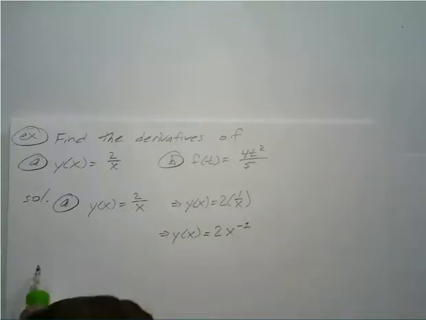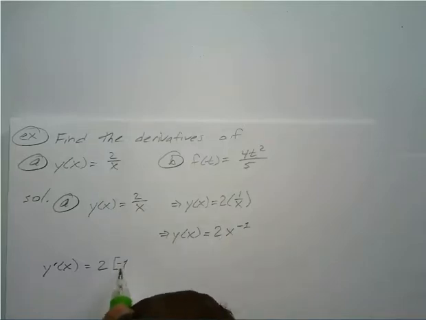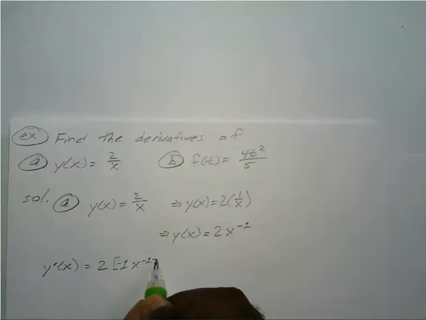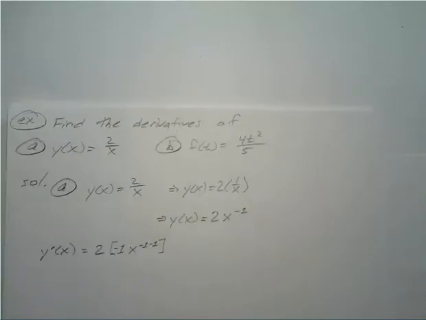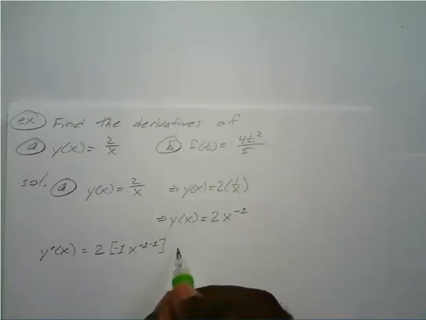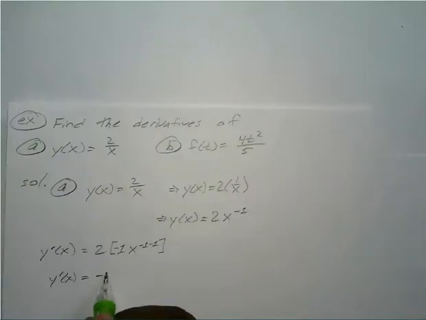Okay, so if we wanted to find the derivative, y prime of x is equal to 2, because remember, we're just getting that constant and bringing it out of the way. And then once we get that 2 there, we go ahead and bring down our exponent, negative 1, x to the negative 1 minus 1. Remember, bring down the exponent, subtract 1. Okay, so that's going to give us 2 times negative 1 is negative 2 times x to the